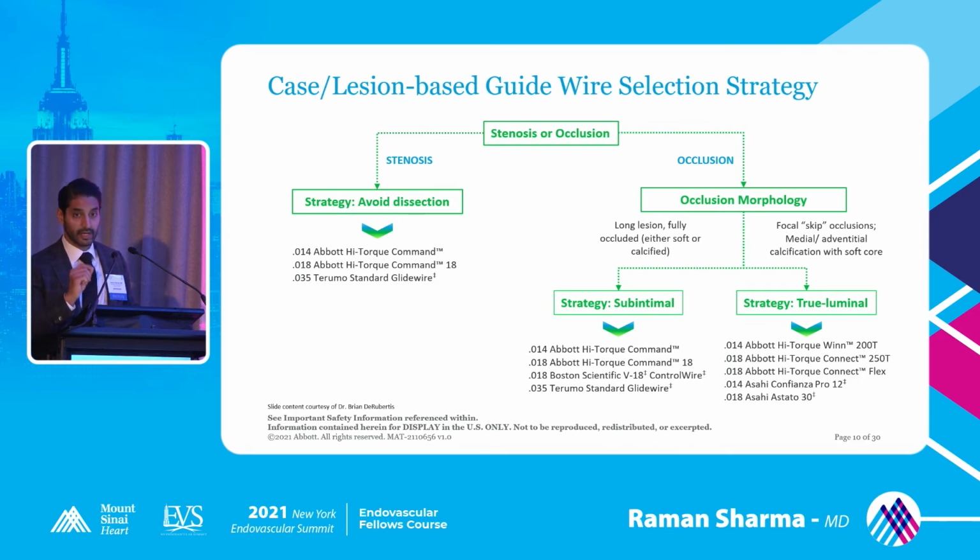Because remember, a lot of these stenotic lesions, even some of the occlusive lesions, actually have small microchannels that will actually allow your wire to make it through. So you need something that has a durable body. You need something that has a hydrophilic tip. You need something that has possibly even a tapered hydrophilic tip. Now, when you go for the occlusive